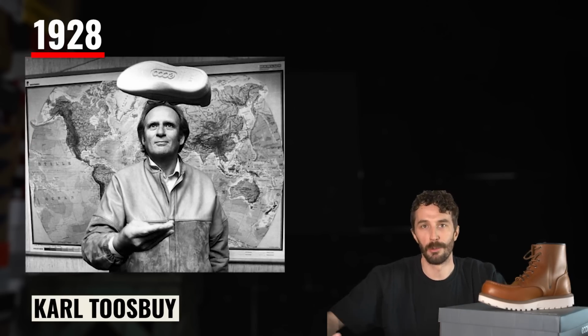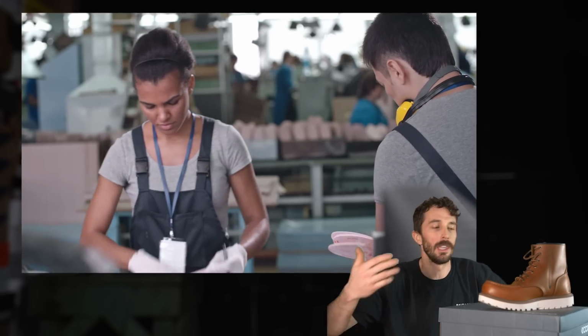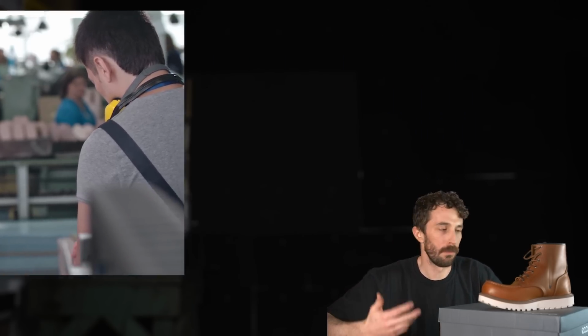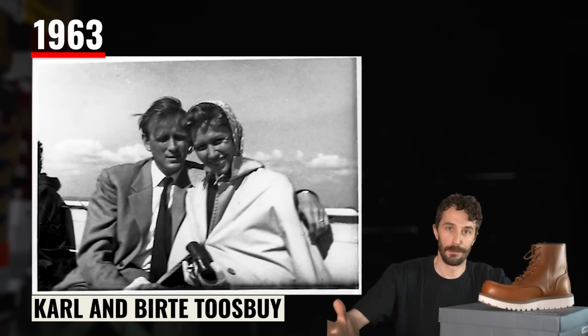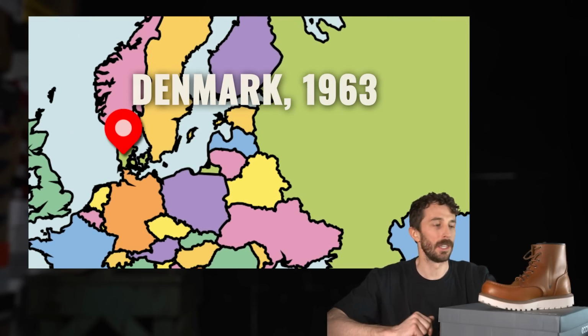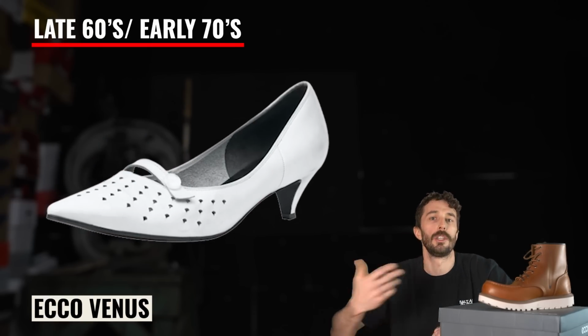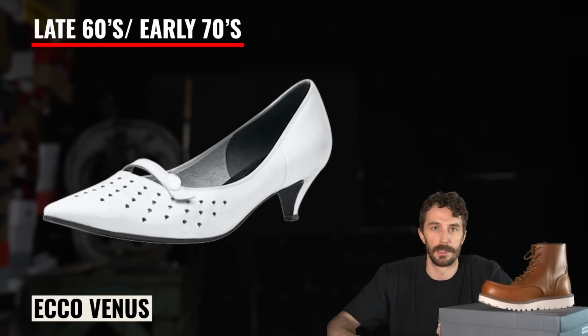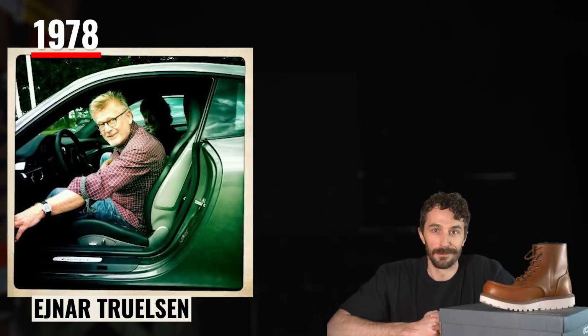Then as he grew up and entered the workforce, he became a manager at a footwear factory, and he saw some holes in the industry and thought he could strike out on his own, start his own shoe company. And so in 1963, Carl and Bert started Ecco in Denmark, and by the end of 1963, they already had 74 employees. And then in the late 60s to the early 70s, they started making shoes with skinnier heels called the Venus. And then in 1978, Ecco launched a new range designed by, I don't know, Ejnar Trulsen, called the Ecco Joke,